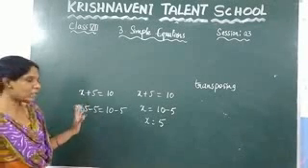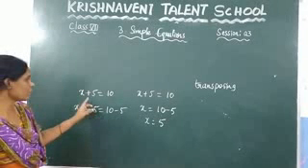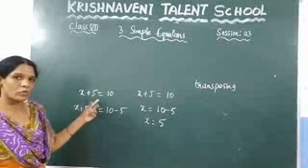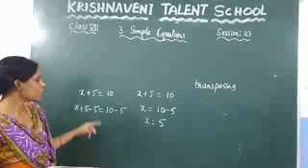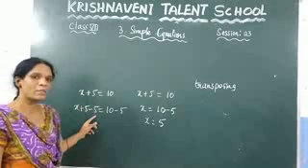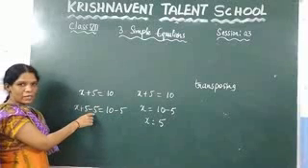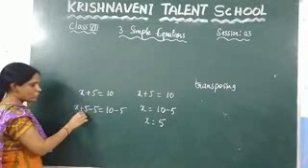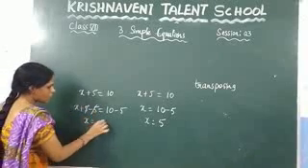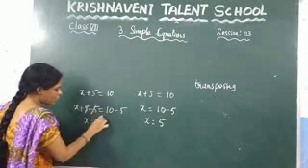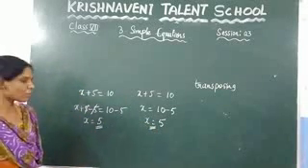Just imagine that if you want to find the value of the variable x, what is the number left out here? Plus 5. If you remove plus 5, you will get the value of x. How to remove plus 5? Plus 5 is there, you need to add minus 5 so that it will be removed. Plus 5 and minus 5 will get cancelled, or 5 minus 5 gives you 0. So what will be left out here? x is equal to 10 minus 5, which is 5. In both cases you are getting the same value of the variable.